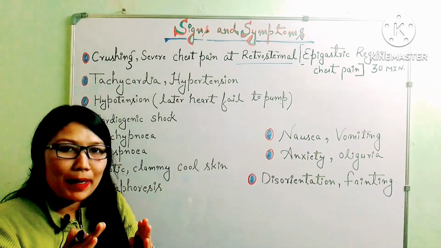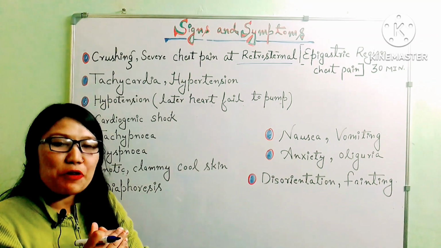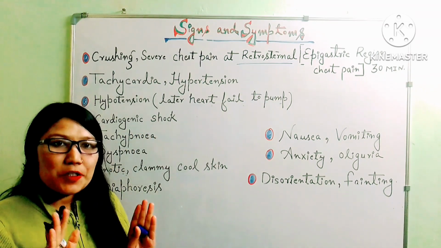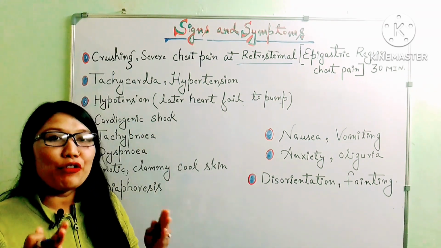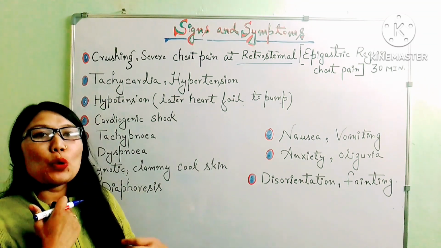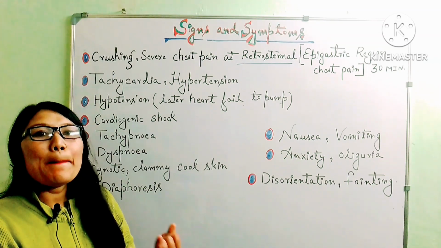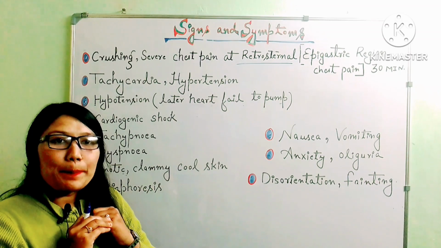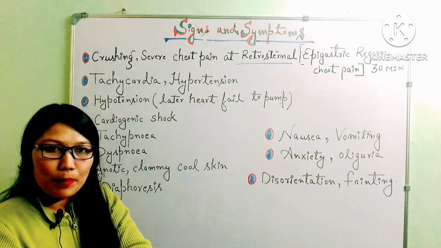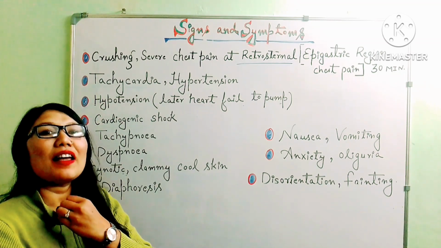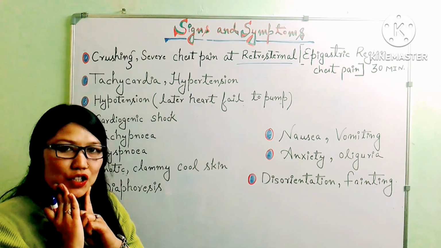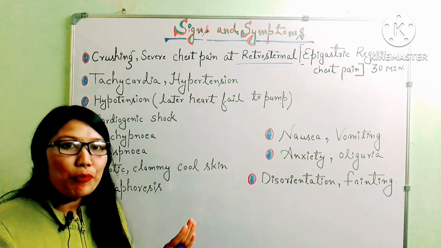So heart attack pain is a crushing, squeezing, severe form of pain, which is a radiating type of pain. It will radiate from the center of the chest or from the left of the chest to the left arm, up to the fingers. And this pain can happen also in the right arm. Some patients feel this pain also in the right arm. It will radiate up to the back, the neck and the jaw region. So this is a radiating type of pain.